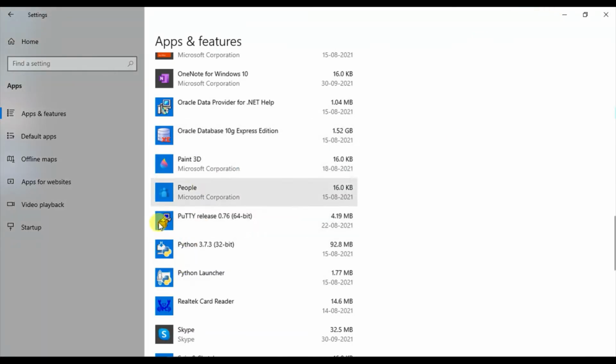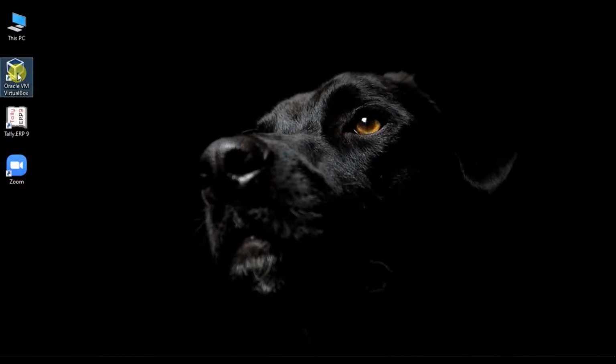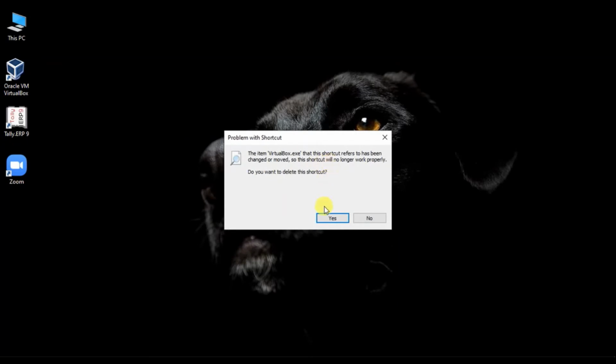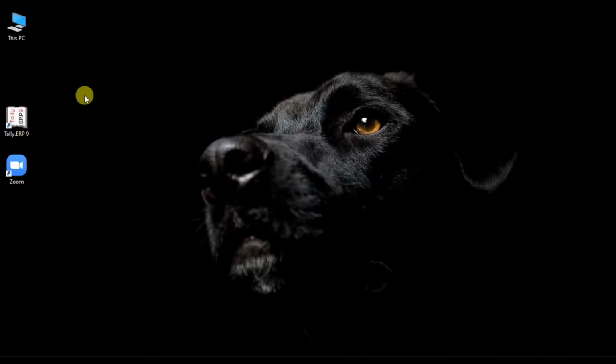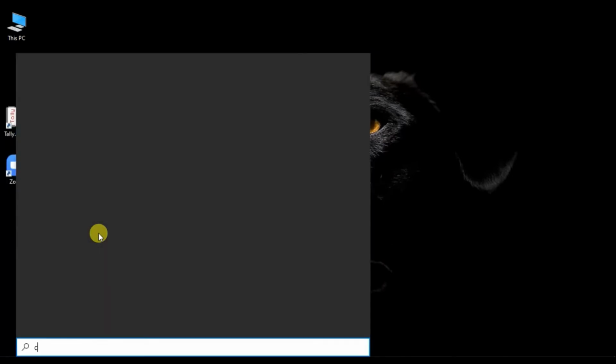Now you can't find your Oracle VirtualBox anymore over here, and even this shortcut will not work, and you can delete it. And the other way is to go to Control Panel,